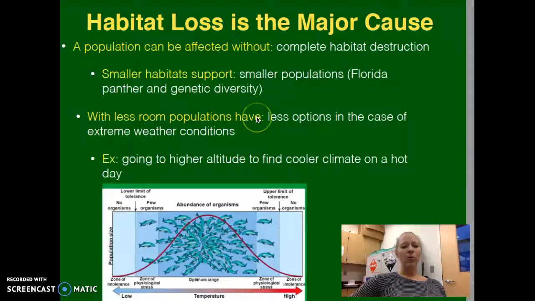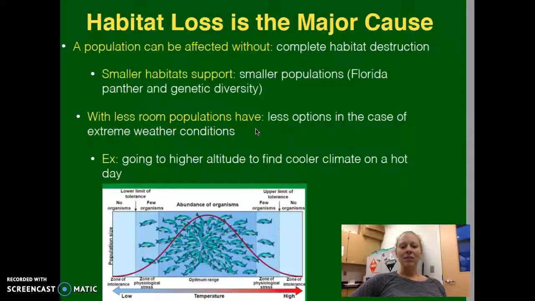So, for example, if you think about on a hot day, a population tends to move up a mountain to find cooler climate, they may not be able to get there anymore if their access to the mountain has been cut off by a highway system. And so you're going to have